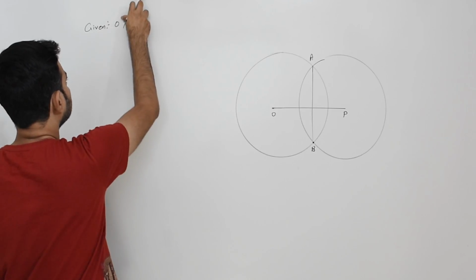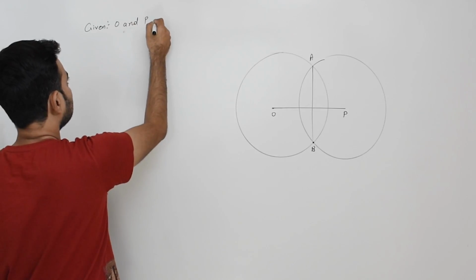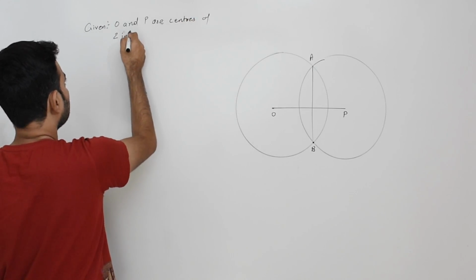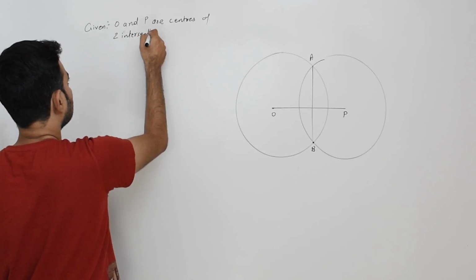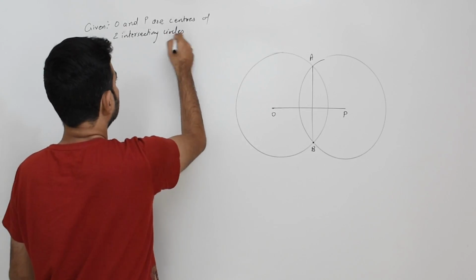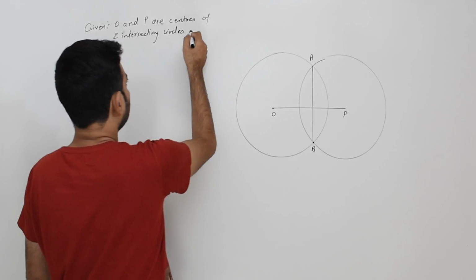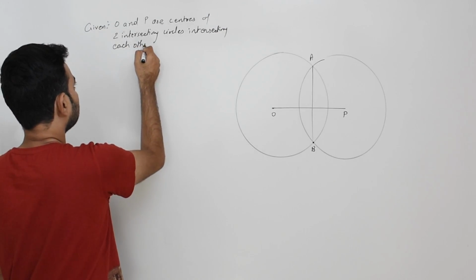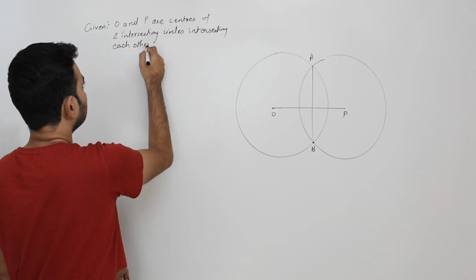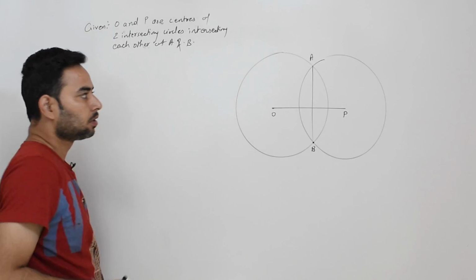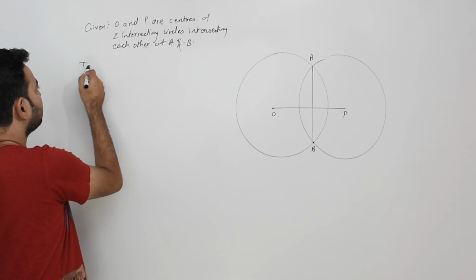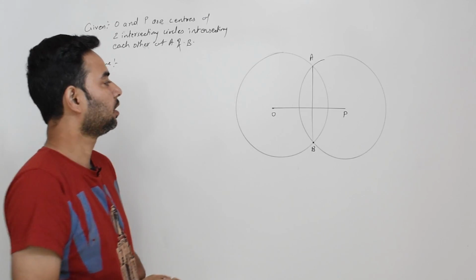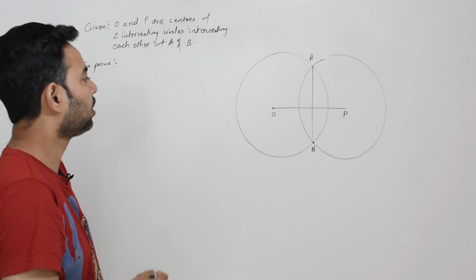Given: O and P are centers of two intersecting circles, which intersect each other at A and B. Then you have to prove this line segment joining the centers of the circles is the perpendicular bisector of the common chord. It means OP is the perpendicular